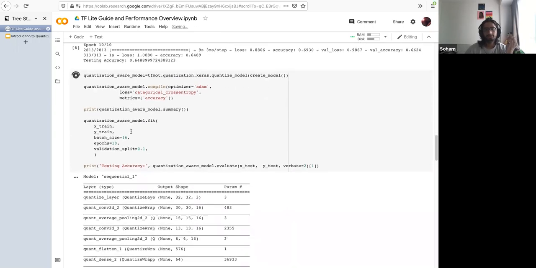Now what we're going to do is use the TensorFlow Model Optimization Toolkit, and we're going to quantize the model. This will create the same model, but it will create it in a quantization aware